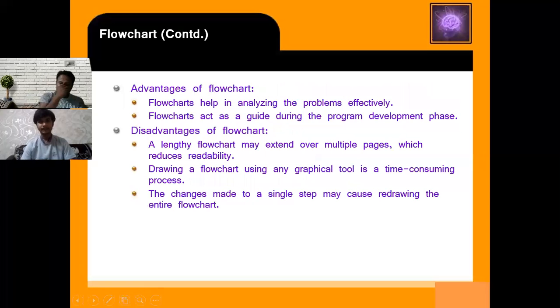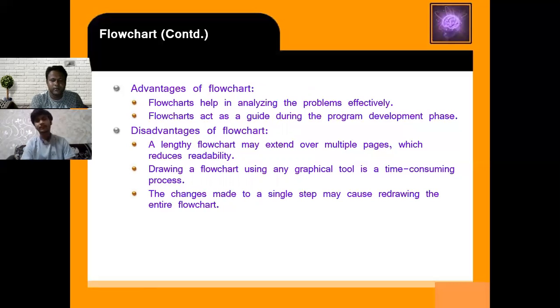Then what are the advantages of the flowchart? The flowchart helps in analyzing the problem effectively. When you represent anything graphically, it gives you a better idea to solve a problem.